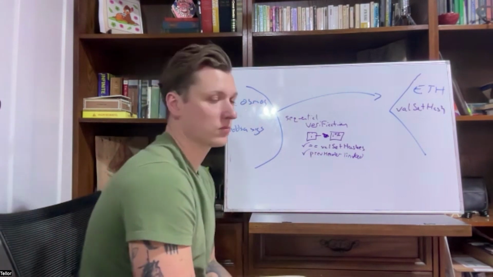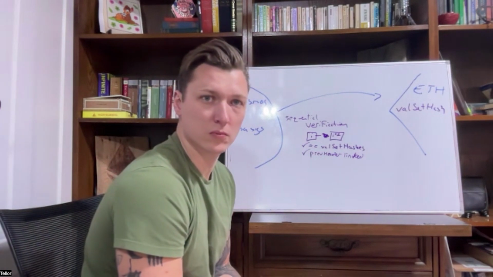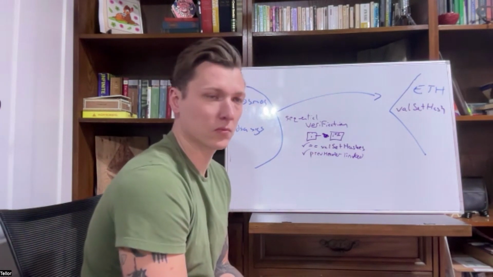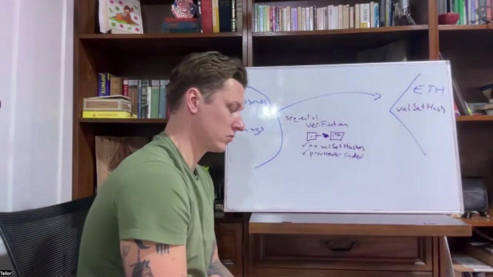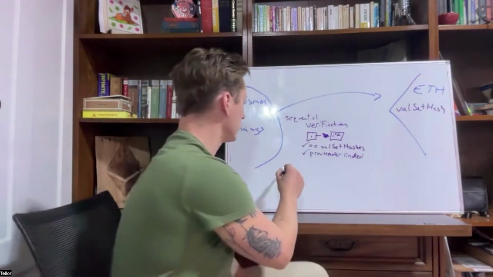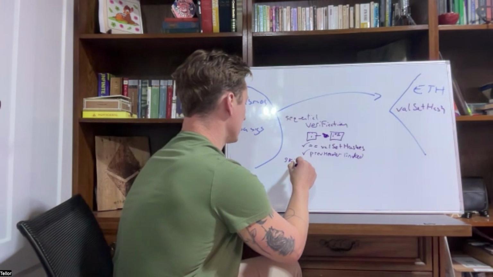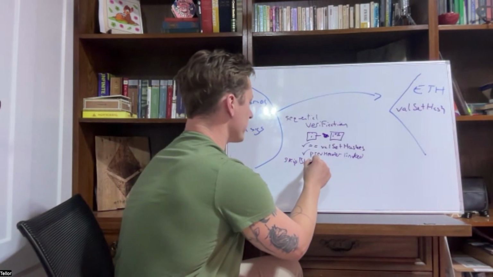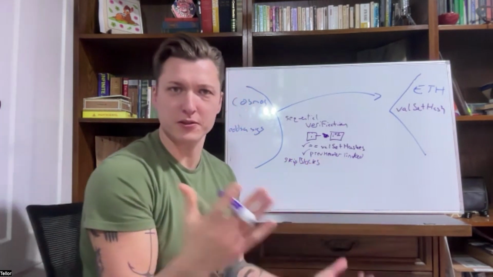So as long as your validator set doesn't change too much between, let's say, block I and block I plus 1,000, there's a specific condition that you have where you can actually skip all of those blocks, as long as your validator set is relatively unchanged below some bound. So I think what Celestia uses, like 5%, I think,